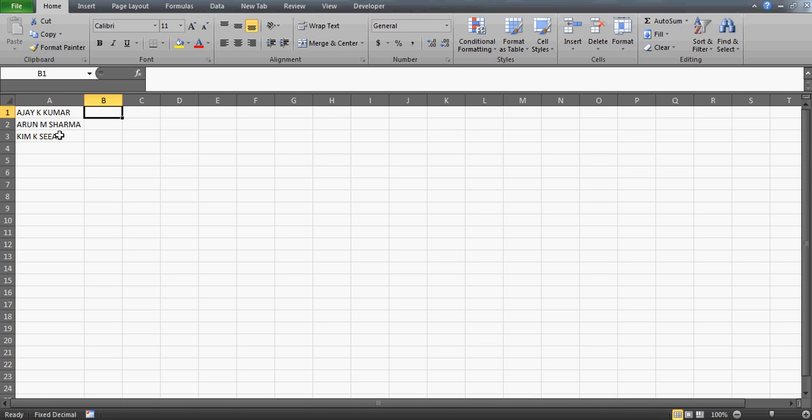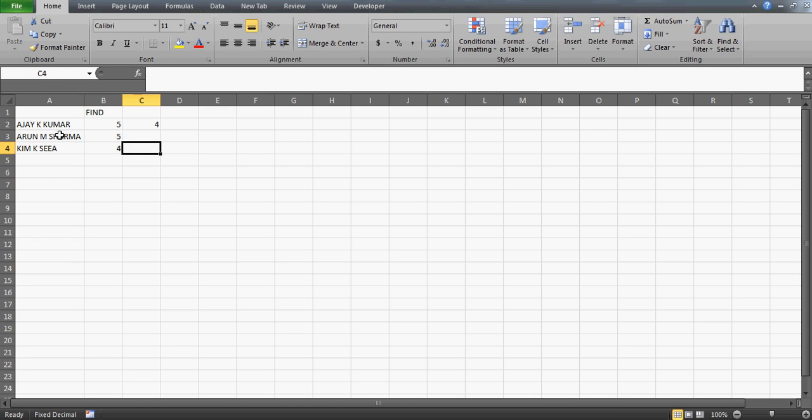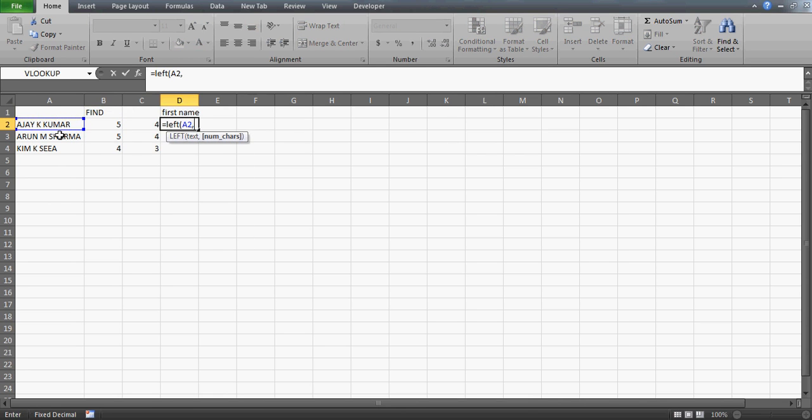How you can create this in Excel is quite simple. First you need to find the first space in your table header. I'm going to use the find function, and I'll say find space within this text, and the start number has to be 1, right? Once I have that number, I want to subtract 1 from it, so that I get all the characters before this first space, right? And here I'm going to write first name, and I'll use the left function, and in this left function I'll put this number of characters, 4, right? So when you drag this down, you'll get all the names.